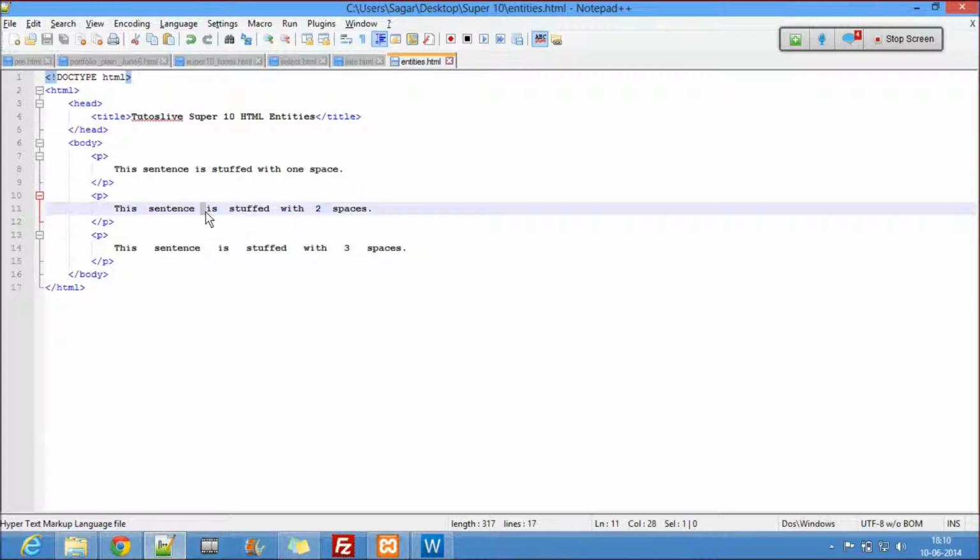So to have another space, the entity is ampersand NBSP semicolon. So this is the named entity, called non-breaking space, NBSP.